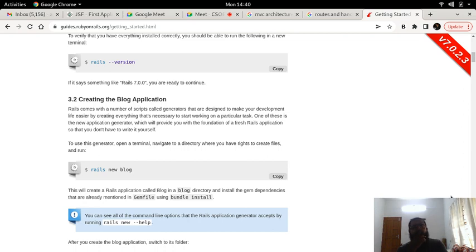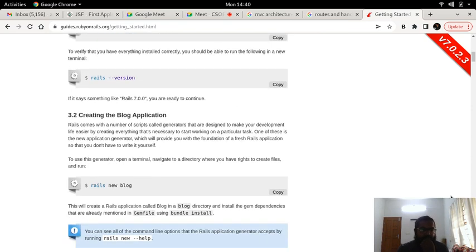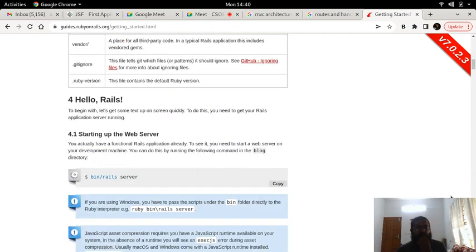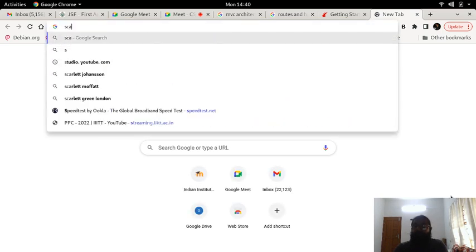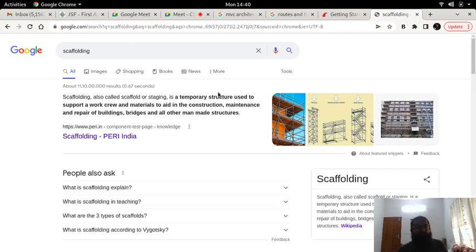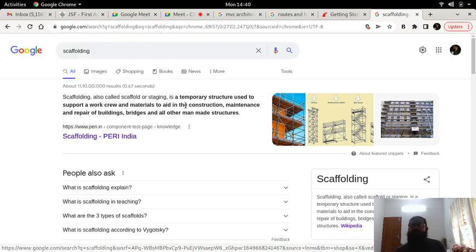it's not bootstrapping. I'm forgetting that particular word. It's called scaffolding. Scaffolding is a temporary structure used to support a work crew and materials to aid in the construction, maintenance and repair of a building.